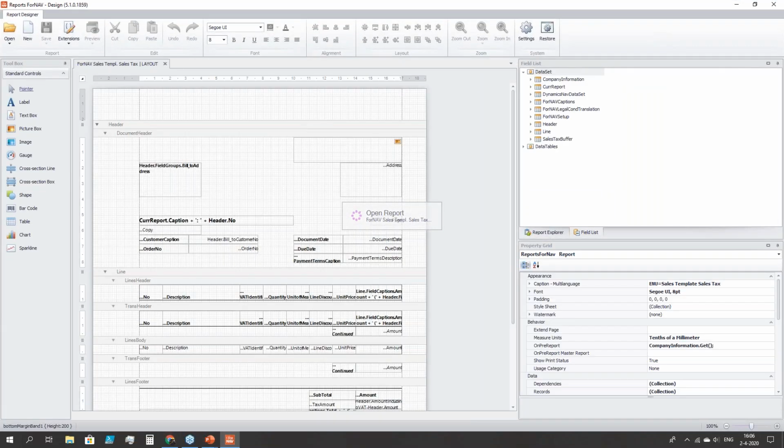And if you do this for the first time, it will prompt for your credentials. You have to key in the administrator credentials of your Business Central tenant, and this will link the designer to the tenant. And once the link is established, you can show your changes using the preview window. So if I hit preview now,